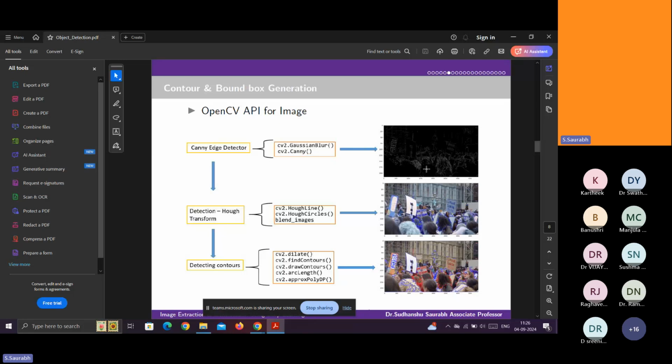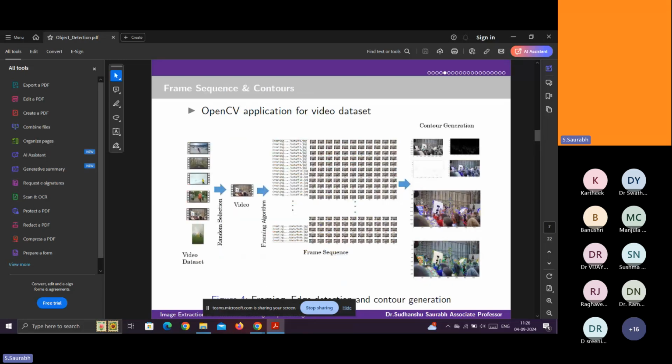But this Gaussian blur and Canny is not a very good technique. See, I took this particular image, and it is converted into images or frames with respect to time.